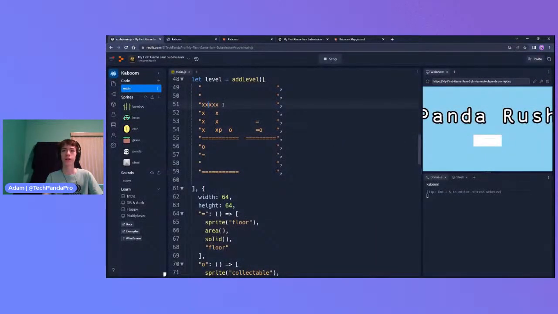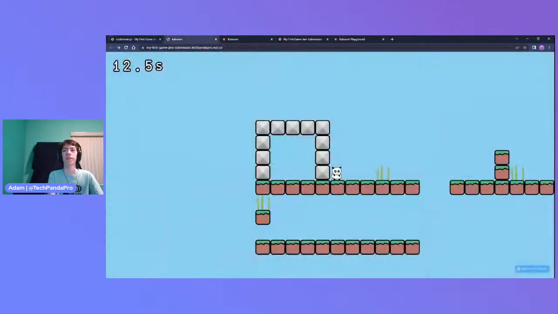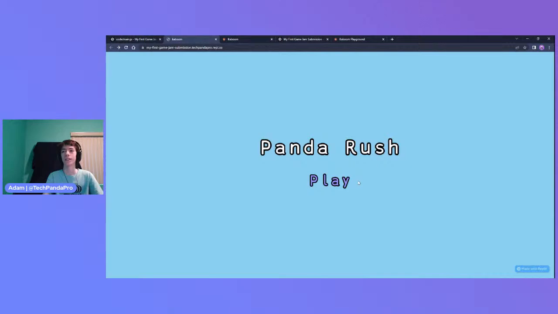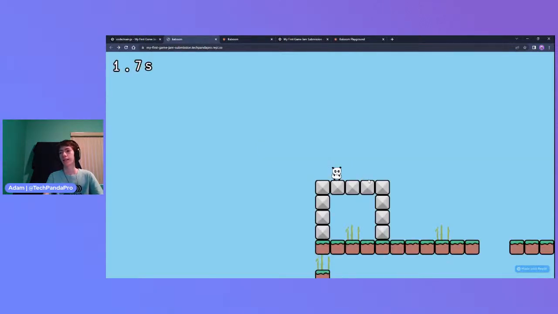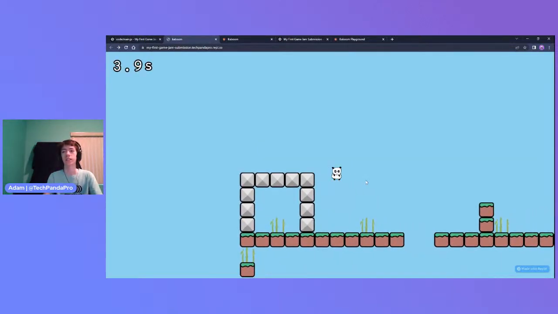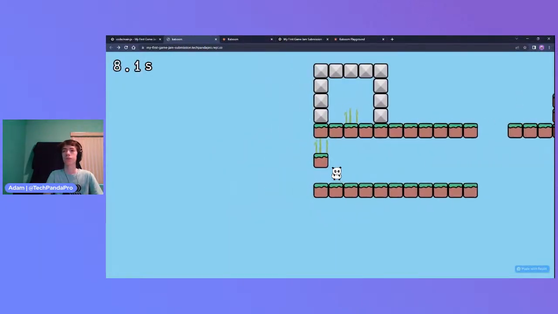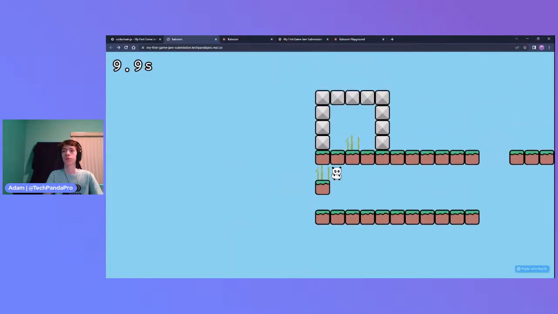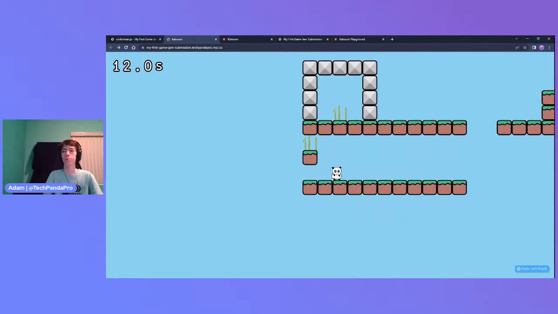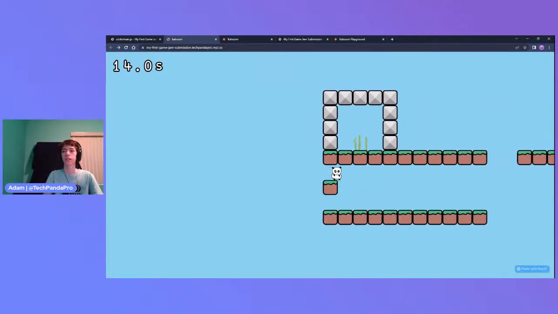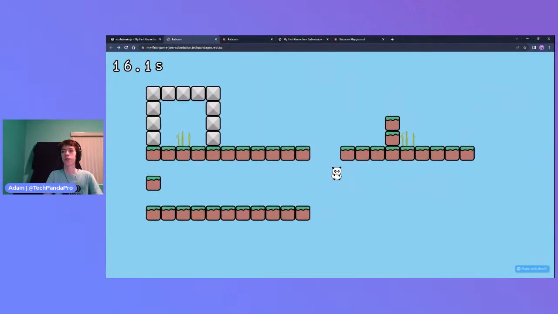Let's spawn the player on top of that. We're going to put the player up here. And then inside of here, we're going to put bamboo. And there's the plot twist, is that the player is up here, and the player has to get all the bamboo first before the player is able to get to